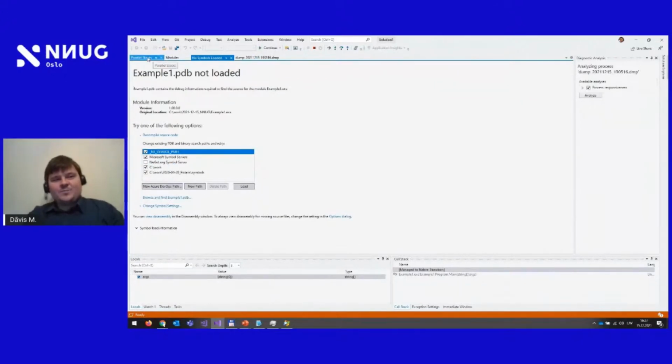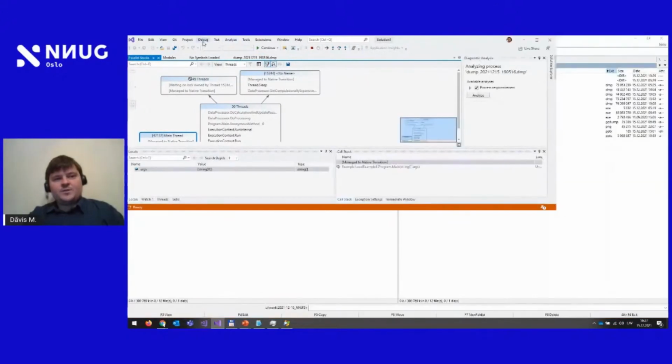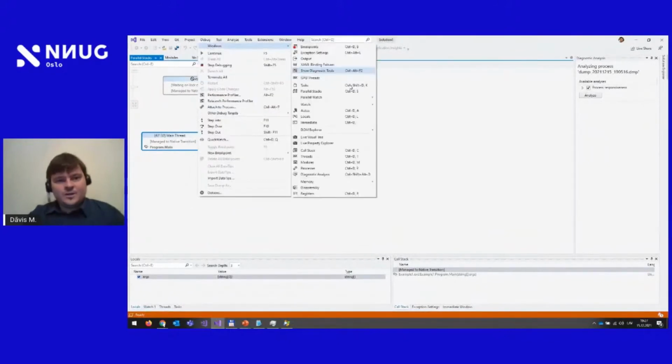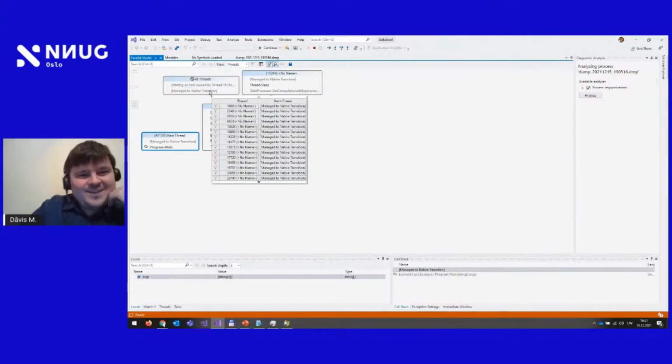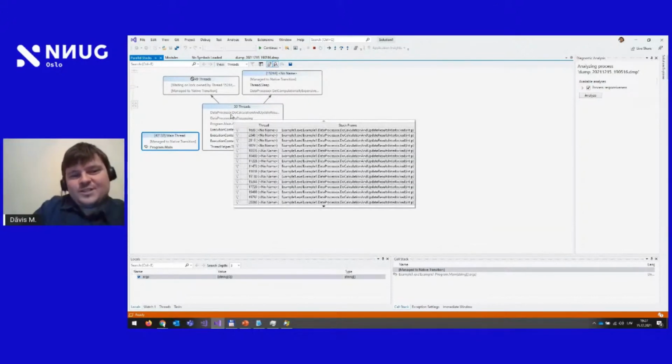And then we can click on the Parallel Stacks window. If it's hidden by default, then one can enable it through Debug, Windows, Parallel Stacks. And here we see that out of 50 threads, 49 are waiting somewhere here, and one is actually calling this data processor. Of course, this is just a sample application. Actually, I won't dig into details here, but